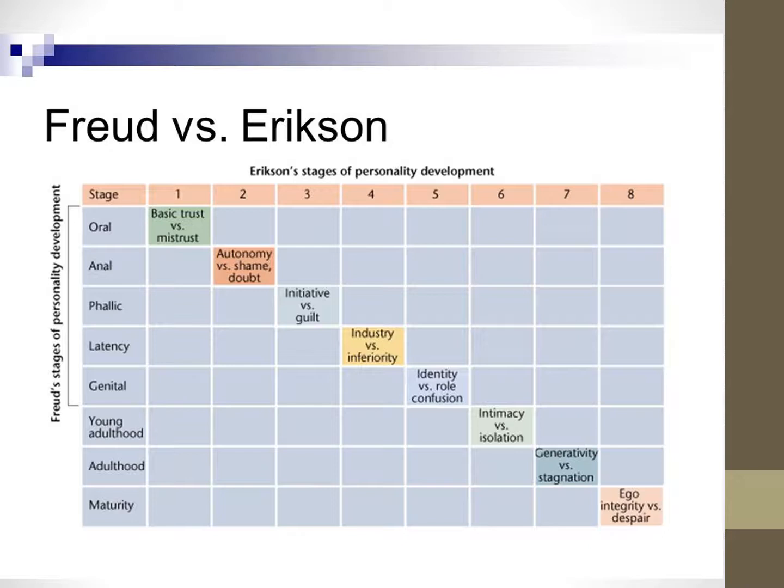In this chart, we see Freud's stages on the left column ending with the genital stage, and Erikson's 8 stages off to the right and lining up with Freud's stages as we move down the page. Remember, Freud suggests that unconscious forces determine one's personality and behavior. Now, Erikson started off agreeing with Freud, but he felt that there's a social component as well. Freud saw development as being completed by the end of adolescence, while Erikson saw development continuing throughout the lifespan.